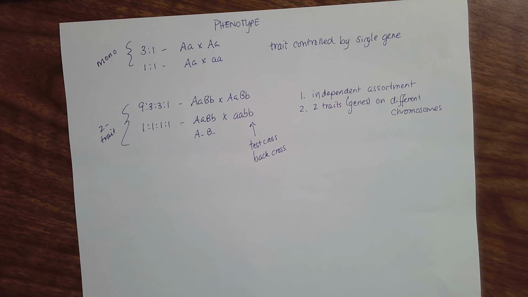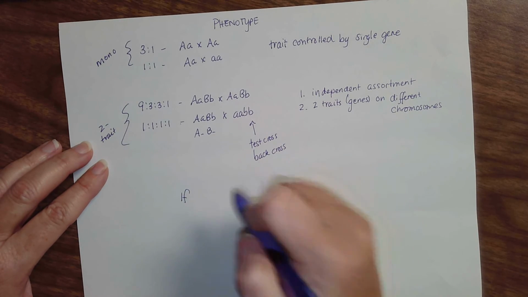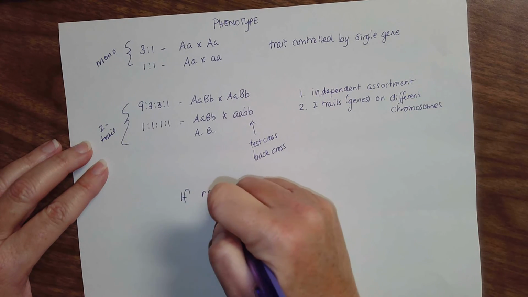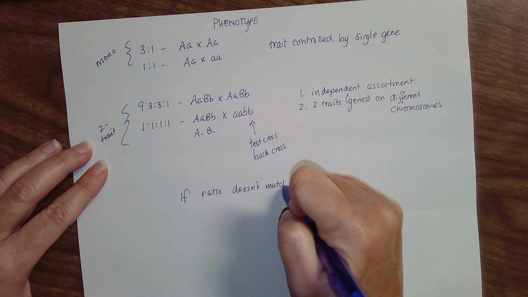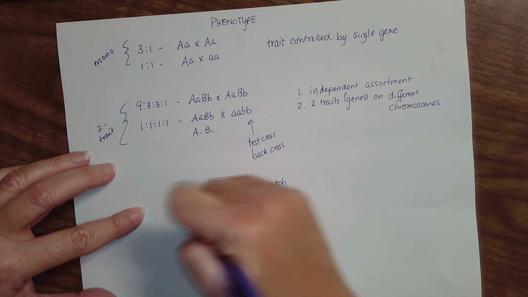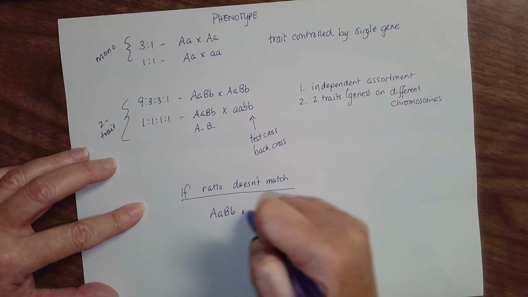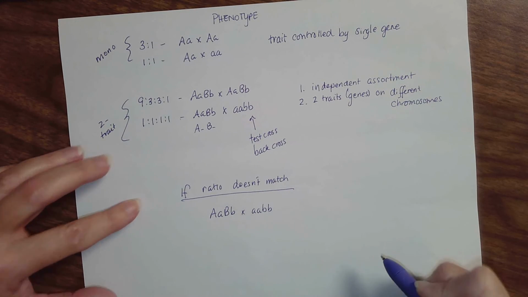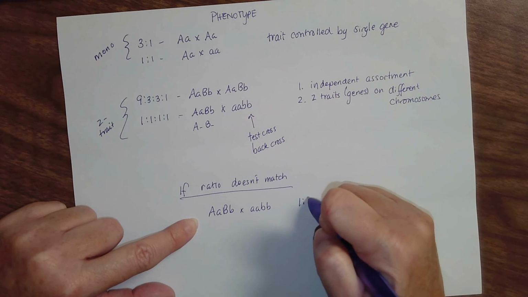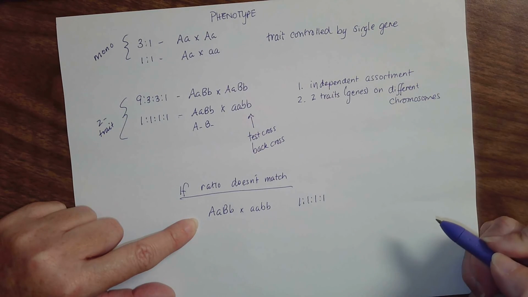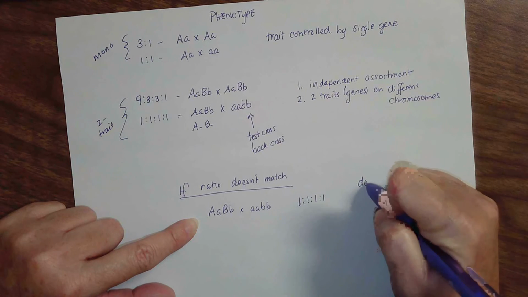And what you're going to find is if the ratio doesn't match. So for example, if we say that the parents are this, heterozygous for two traits and homozygous recessive, we're looking for a 1 to 1 to 1 to 1 ratio. But what if our offspring look like this? For the dominant,